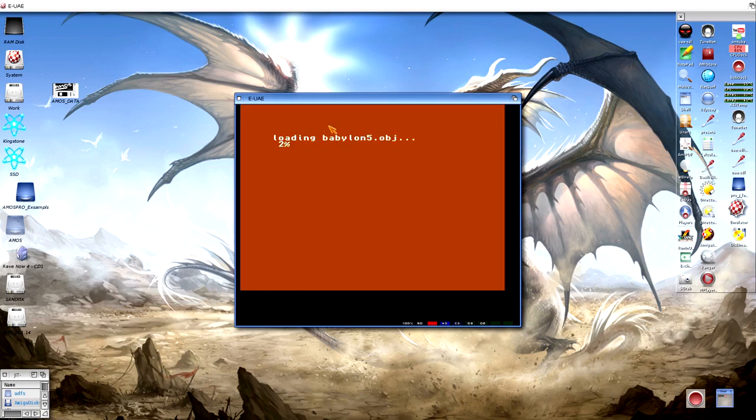Now it's loading in the Babylon 5 object. As you can see, it takes a bit of time. It's a pretty big object with lots of vertices and faces, so you have to be a bit patient. This is the interpreted version of E-UAE, and it's not the fastest. As you can see, this one takes 90% of the CPU on the X1000. It takes a lot of CPU to run E-UAE, and that's